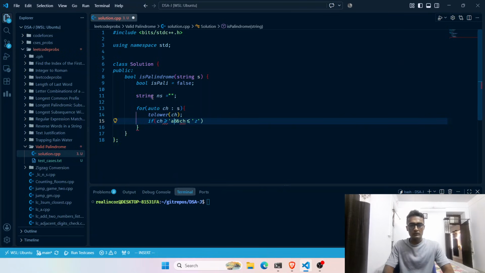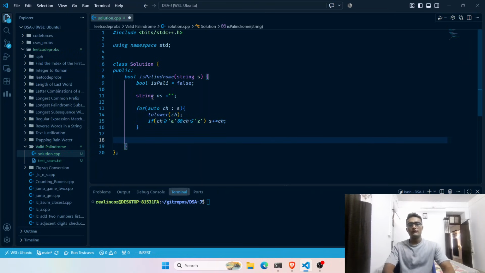And this also comes into the single string. I think this is fine. In that case, s plus equals my ch. So this is the way we have basically formed the characters and all. Now what we are gonna do is we are going to split into half and check if both are reverse